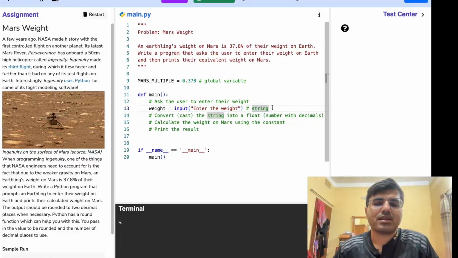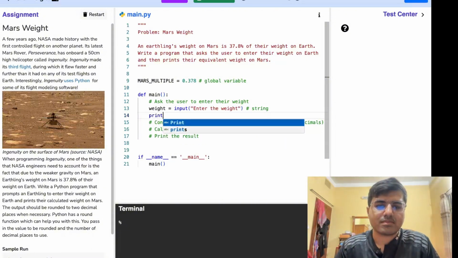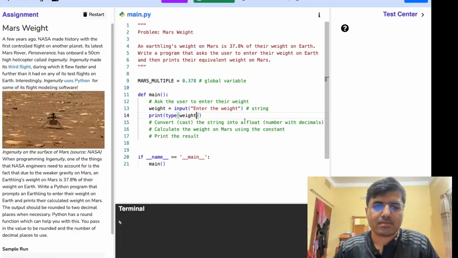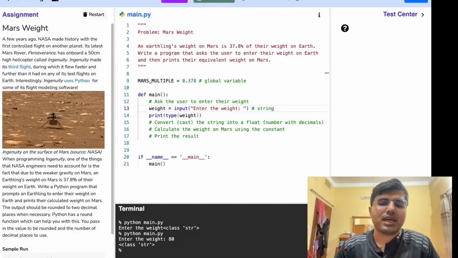To verify that, we will use the type function. If I input my weight here, they're saying enter the weight. Let's put 80.